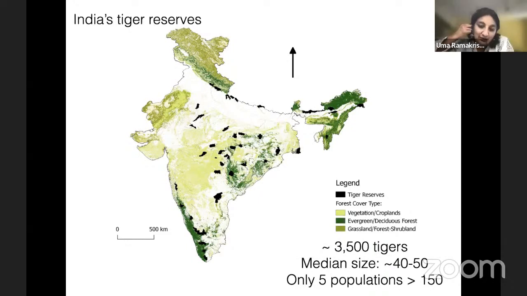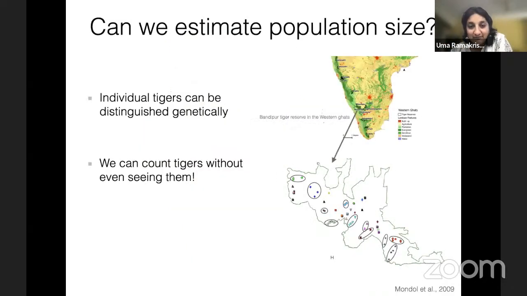From what we know of other species, in order to avoid extinction, we must have connectivity. So can we actually estimate population size itself from genetics? I mean, there's very robust ways of doing it through camera traps, but